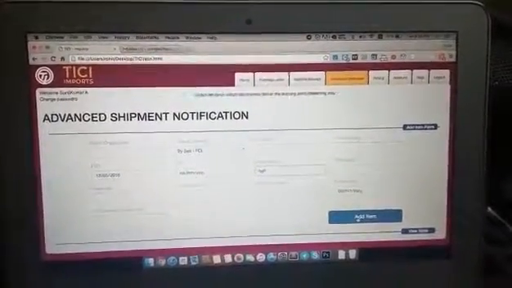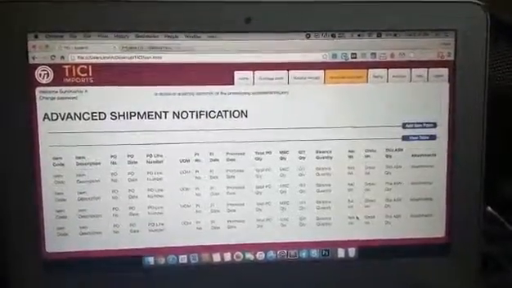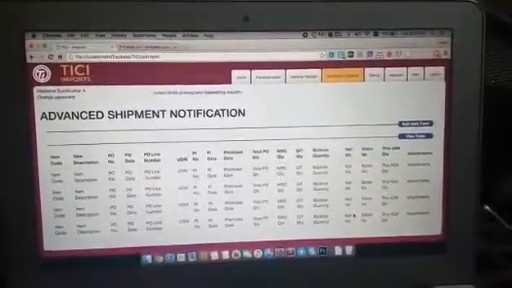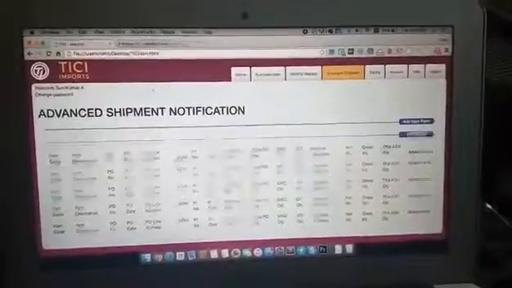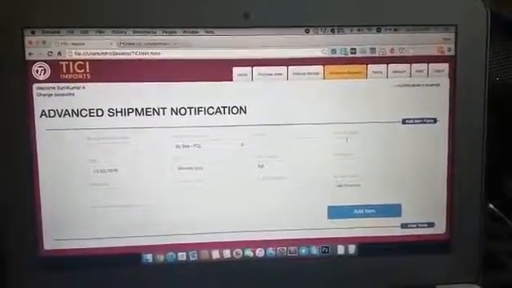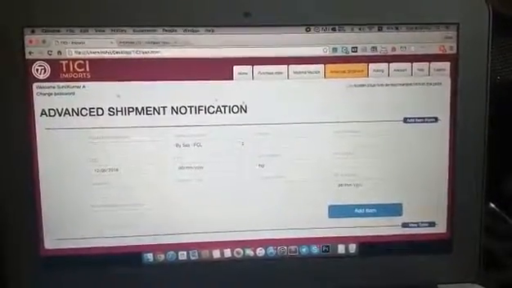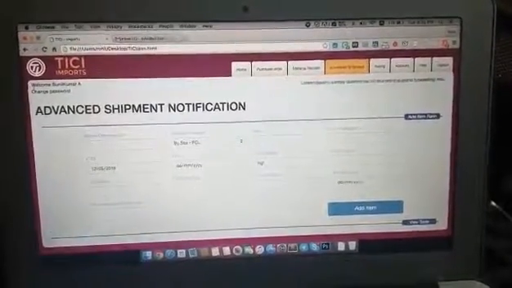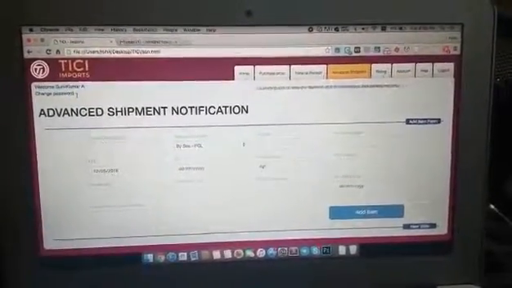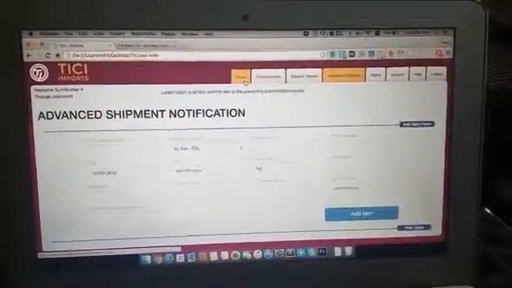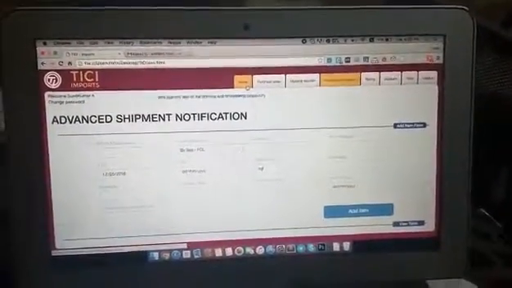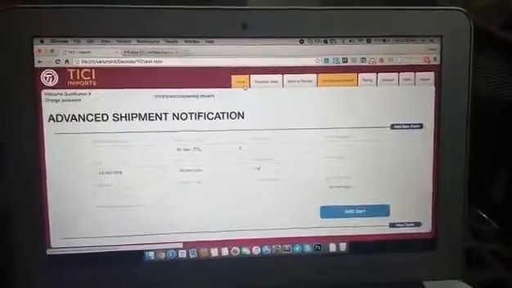So once you click add item, the added item will be displayed on the table. So if you want to go back to the form and add some more data, all you have to do is just click this add item form, and the form comes back up. And the main login, the login data of the user and the marquee and the menu will remain the same, so that there is some stability and a standard focus for the whole application.